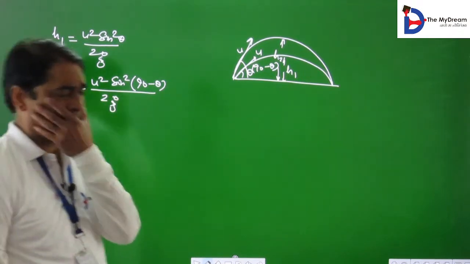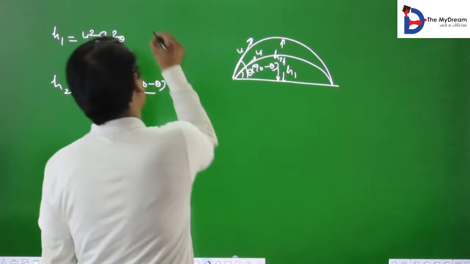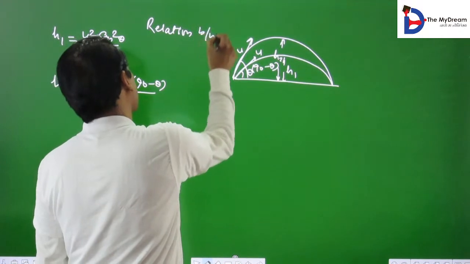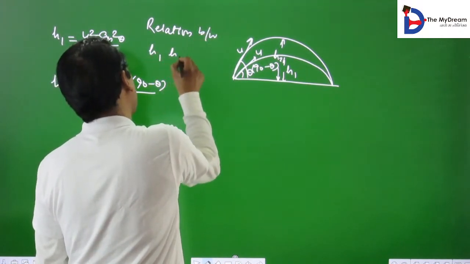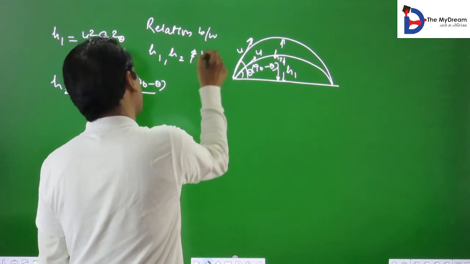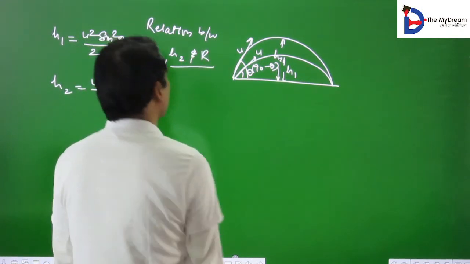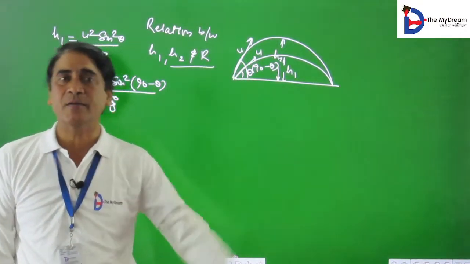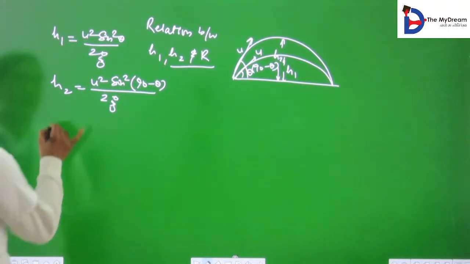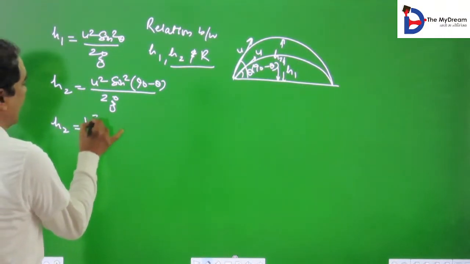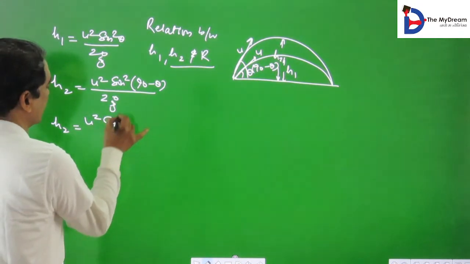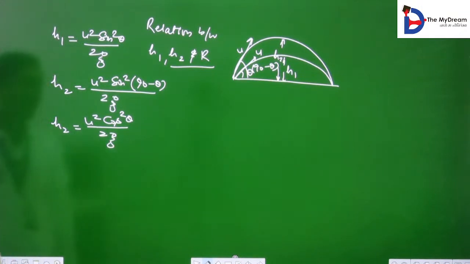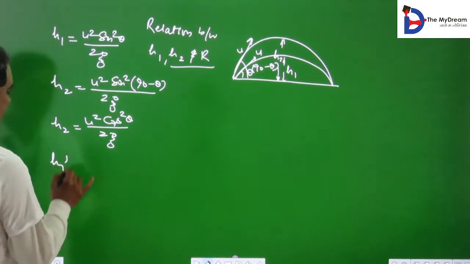हम डिस्कस क्या कर रहे हैं? We want to discuss the relation between height h1, h2 and range. Here we want to discuss the relation between h1, h2 and the range, and h2 will become u square cos square theta divided by twice of g. So h1 into h2,